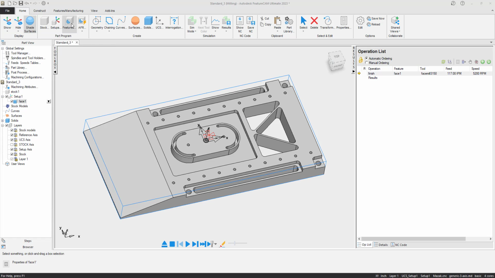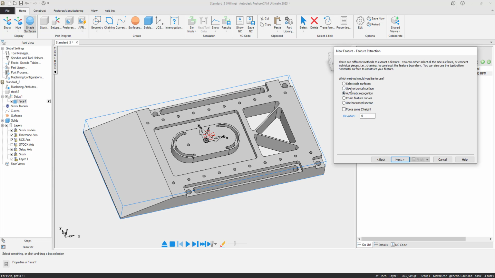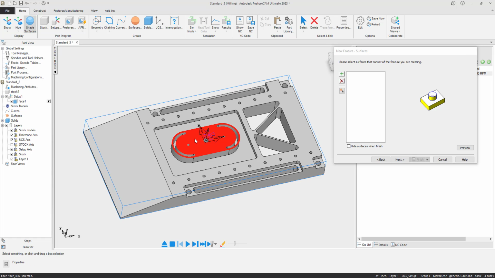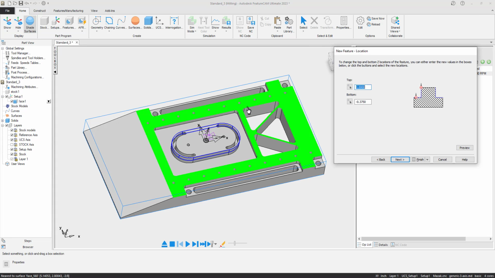Now let's go ahead and go into creating these features. I'm going to go into boss from a curve. Now I'm going to come back and I'm going to check this box. I'll hit next. I'm going to select a horizontal side. I will hit next. I'm going to click the top of this and add it because I want to do the majority of this. Hit next. Now right here, it normally will default to the very bottom. If you do that, it's going to cut away most of this right here. So I'm going to click this and I'm going to click the top of my surface, which by default it did go to a negative